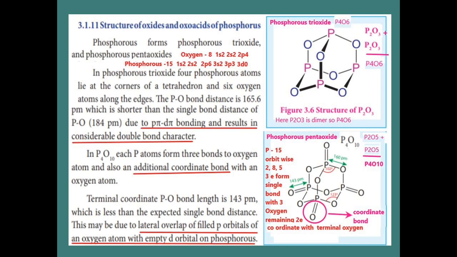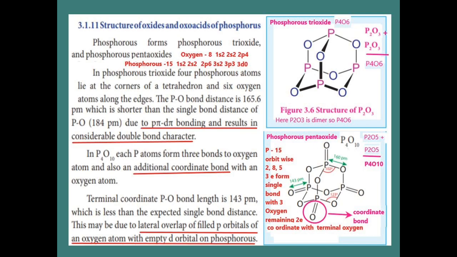Then one bold bond. The next one, P4O10. What is P4O10? It is phosphorus pentoxide. Now see the structure inside. In phosphorus pentoxide, the valency of phosphorus is 5 and oxygen 2. So applying the crisscross method, we get P2O5. One more P2O5 we add, so we get P4O10. That is called phosphorus pentoxide.